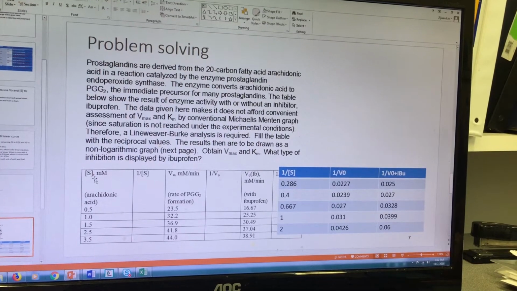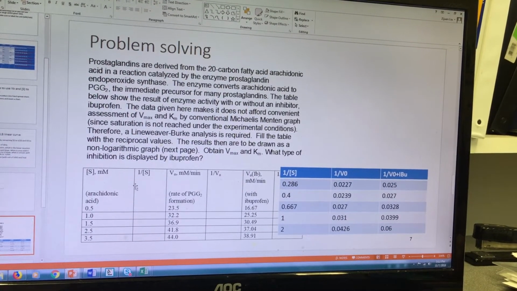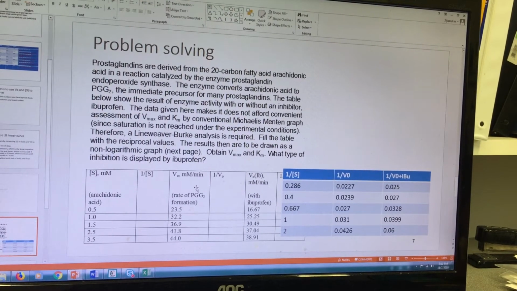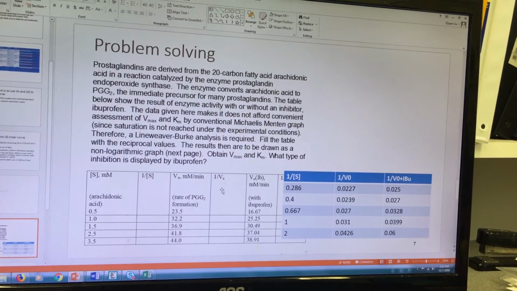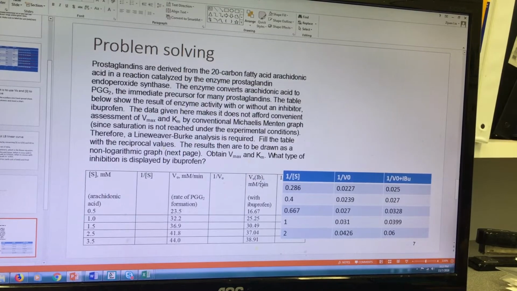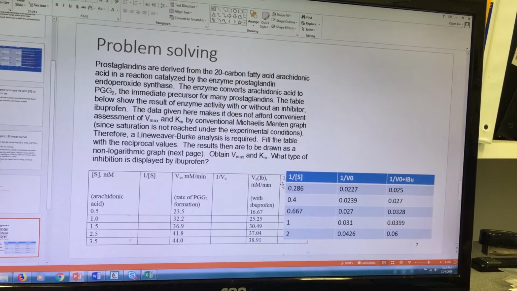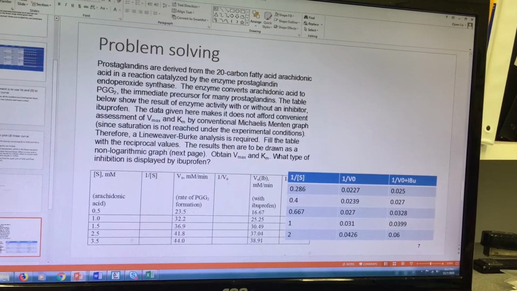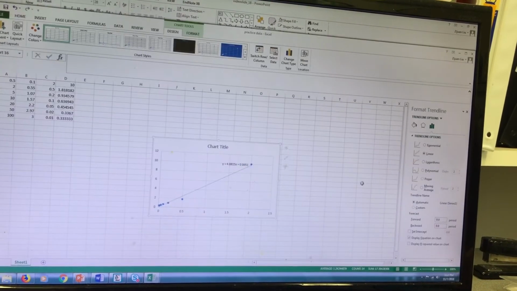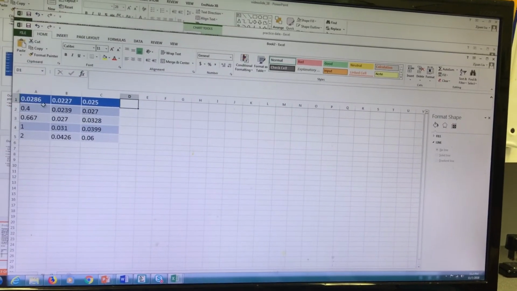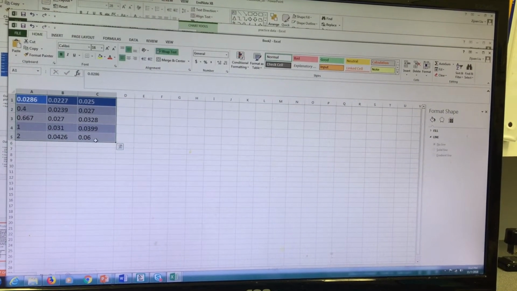We have the concentration of the substrate, and what we need to do is find the inverse values of that. We have V initial, and we need to get the inverse values of that. And we also have a V initial of the inhibitor, and we need to get the values of that also. So this is our data, and what we're going to do is send that over to Excel, and here it is. We want to highlight all of that,